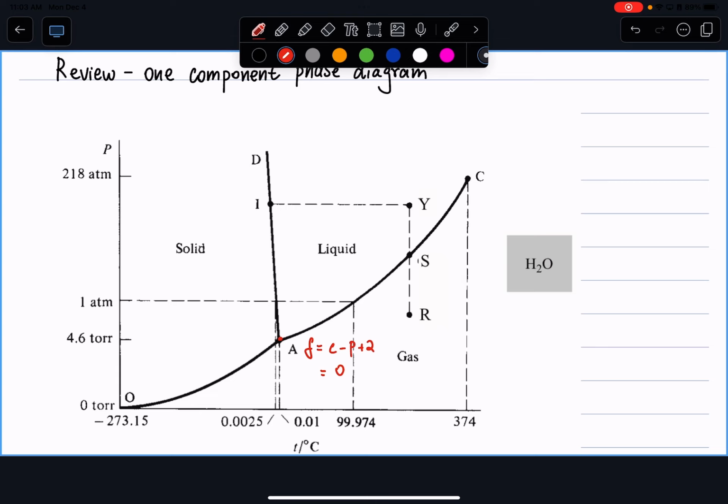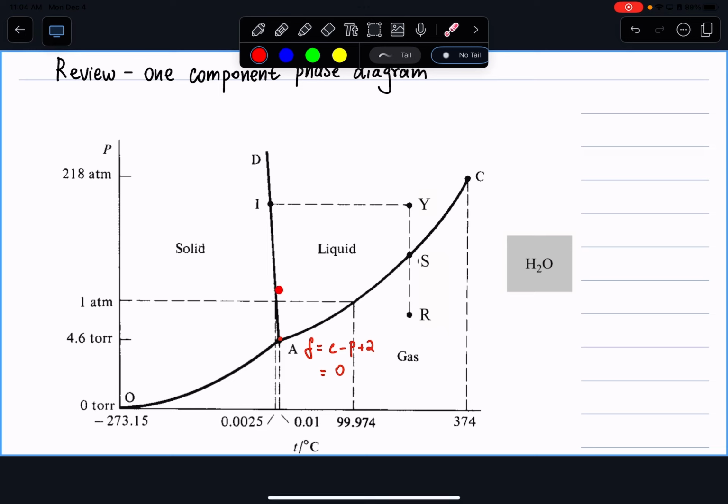Last lecture, I believe Dr. Kovner went over carefully with you how to read the one component phase diagram. So let's quickly review some of the key points on a one component phase diagram. In this case, we have solid, gas, and liquid. Just think about the qualitative understanding of where you expect your component to be solid: when the pressure is relatively high and your temperature is relatively low, right? Likewise, when you expect that component to be gas phase, we're talking about higher temperature, like you boil water at higher temperature, and relatively low pressure. And liquid is sort of in between.